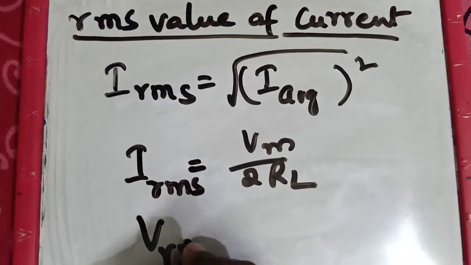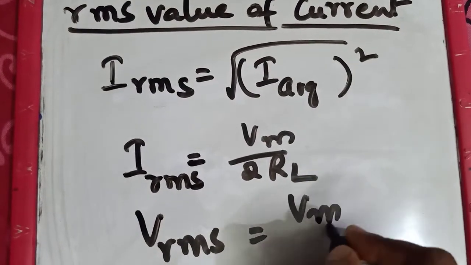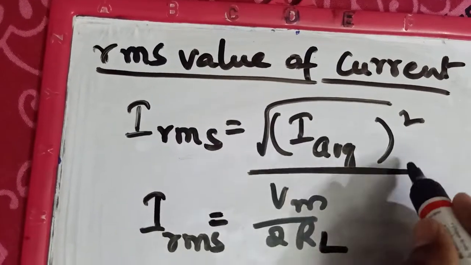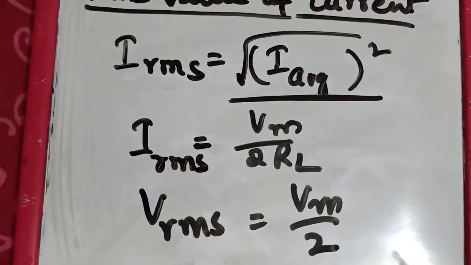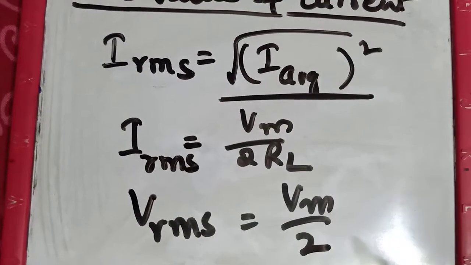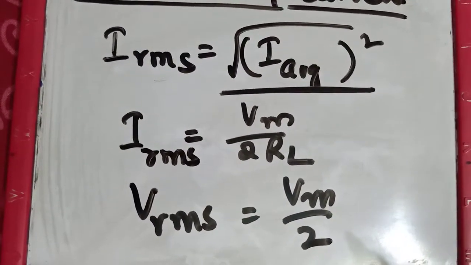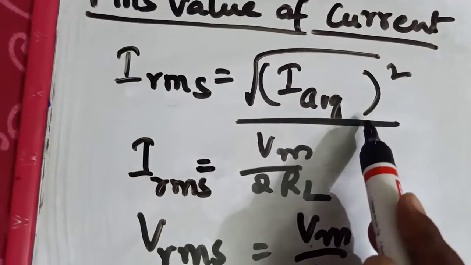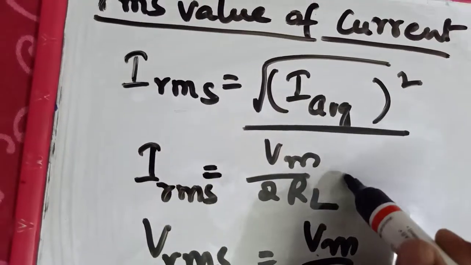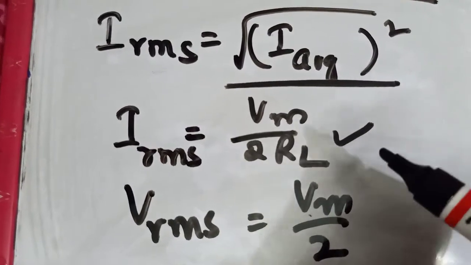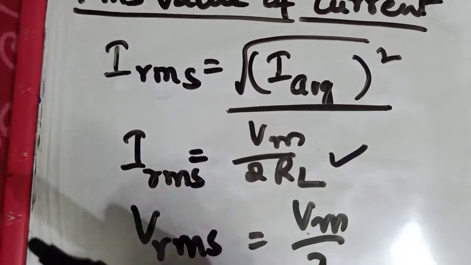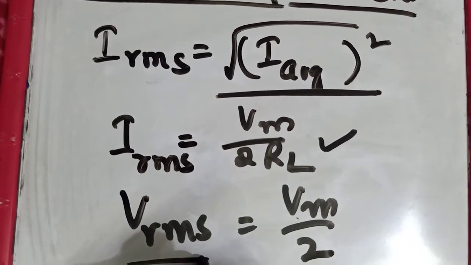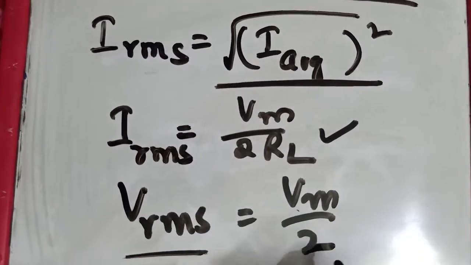VRMS is equal to Vm by 2 here. Likewise, if you substitute that I average equation, what we have calculated in the earlier one, that is IDC equals Vm by pi RL, and simplify this square root, we get Vm by 2RL. From this IRMS, the RMS current value, we have the RMS voltage, VRMS equals Vm by 2. And if you go for